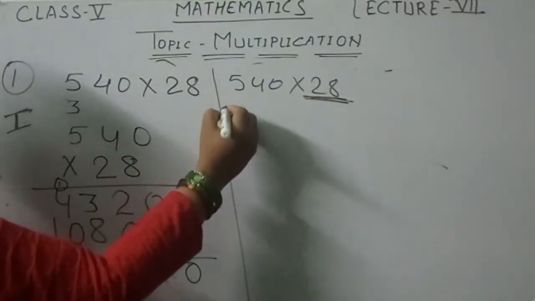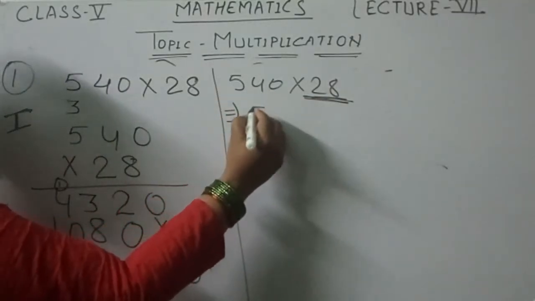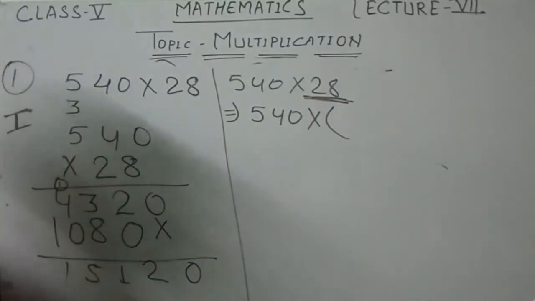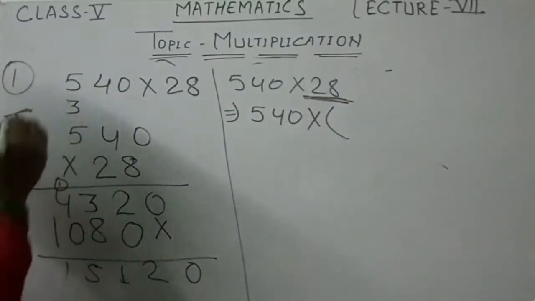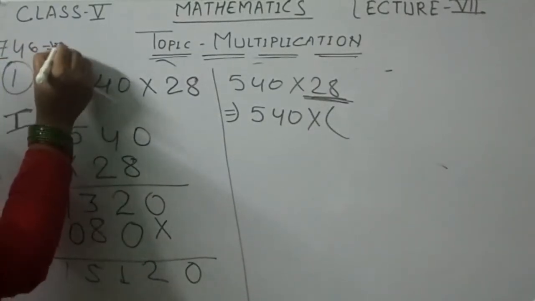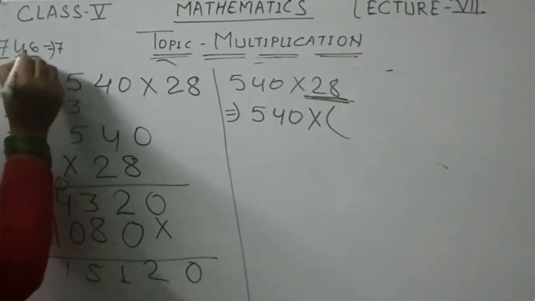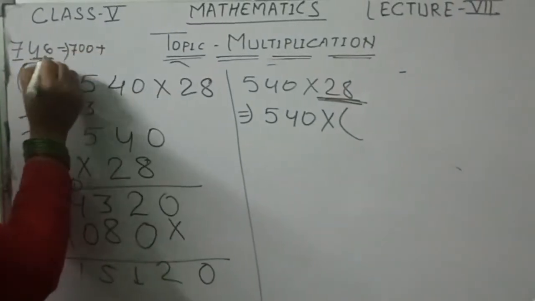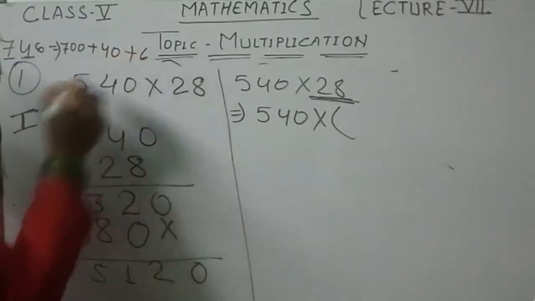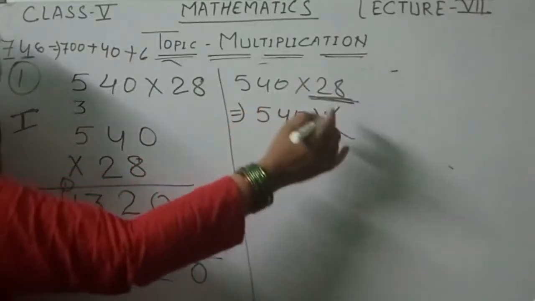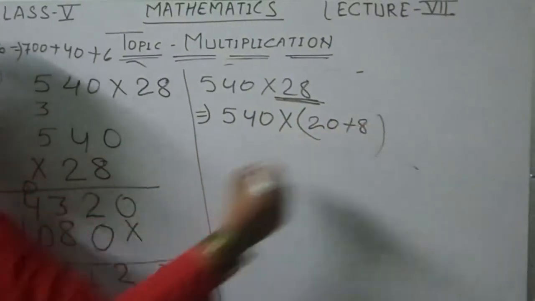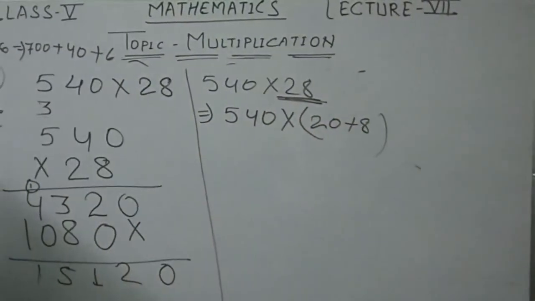Means the first number as it is, you write 540 here. 540 you write, and after that you expand the number. Do you know, I already taught you expanded form? Suppose 746 is given. How to? 7 first digit. After then how many numbers are there? 2. 1, 2. Then 4 is written 4. How many digits? 1. You have to put 1. Then here, same way, 28 is written. How to write? 20 plus 8. That is the expanded form of 28.